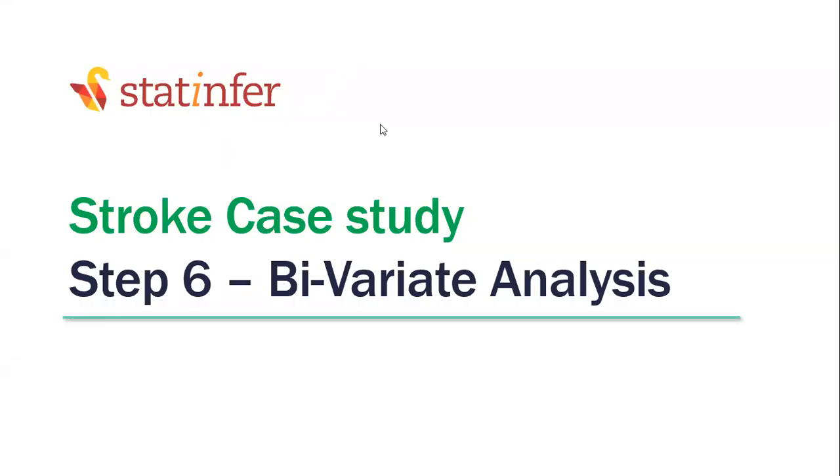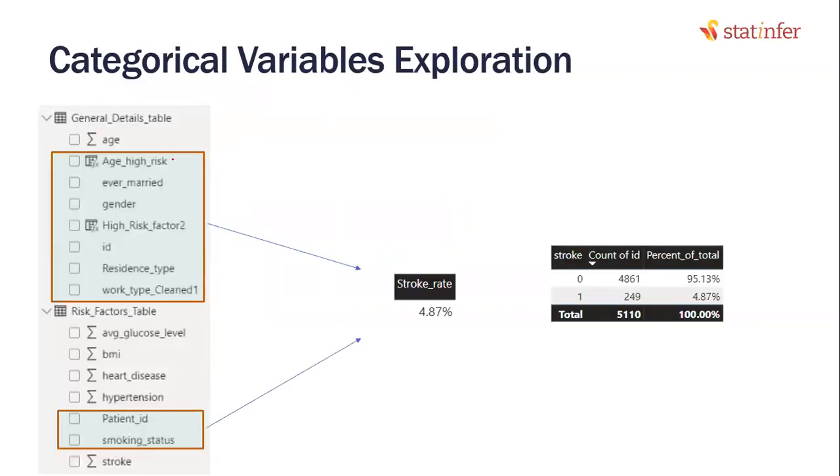We are done with univariate analysis. Now let's move on to bivariate analysis. Bi means two variables. Now our target variable is stroke. By bivariate analysis, what I mean to say is every factor that we have, what is its impact on the